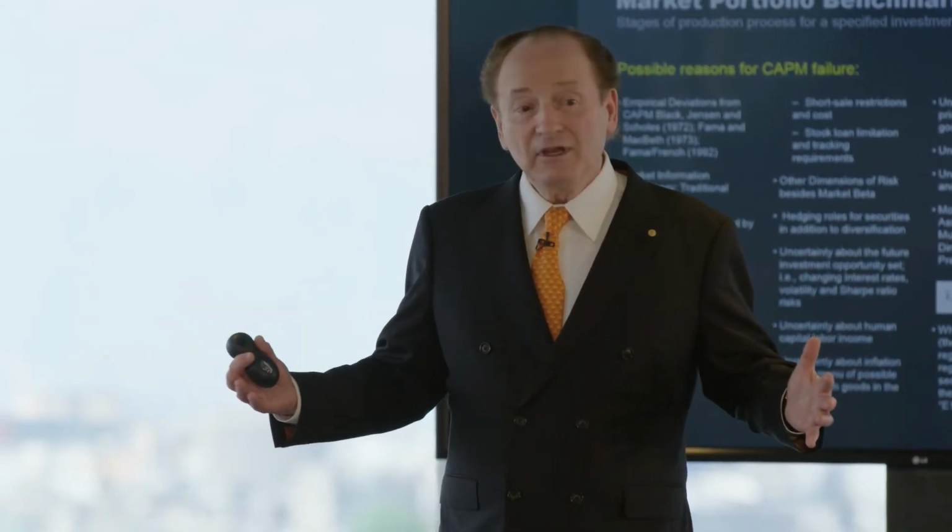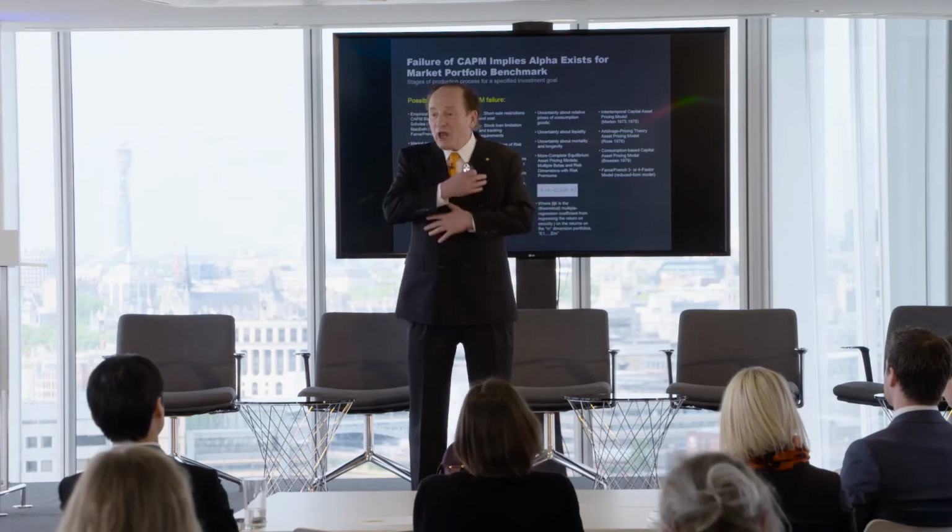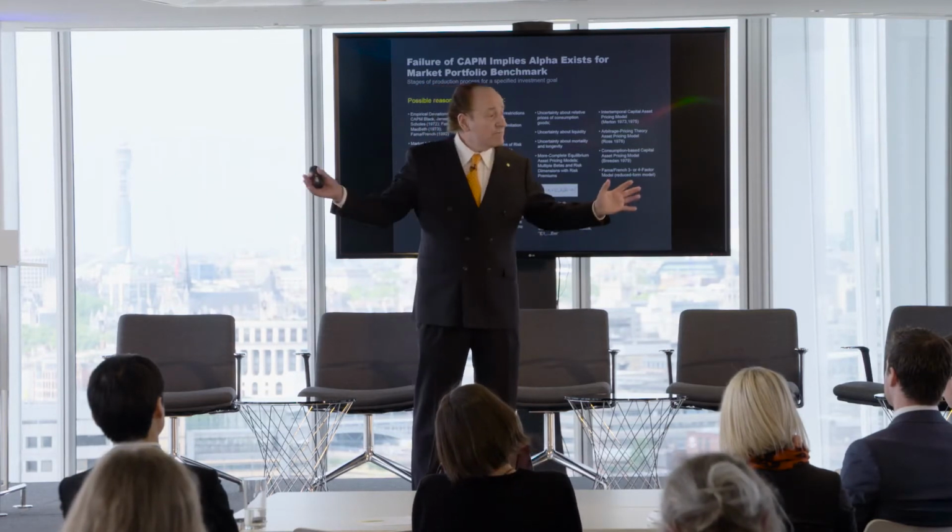Suppose, are there any other alphas? We now have two. Can you think of any other alphas? Well, again, I can't tell you in the real world, but I can tell you using a model. The first step in the model to get you to show you the second alpha was to put in everybody knew the means, variances and covariances to get rid of information inefficiency, and I showed you an alpha can still exist there. Now what I'm going to do is make the assumption that there are no capital requirements, no transaction costs, that you can trade 24/7 frictionlessly, that all these frictions out there are gone.